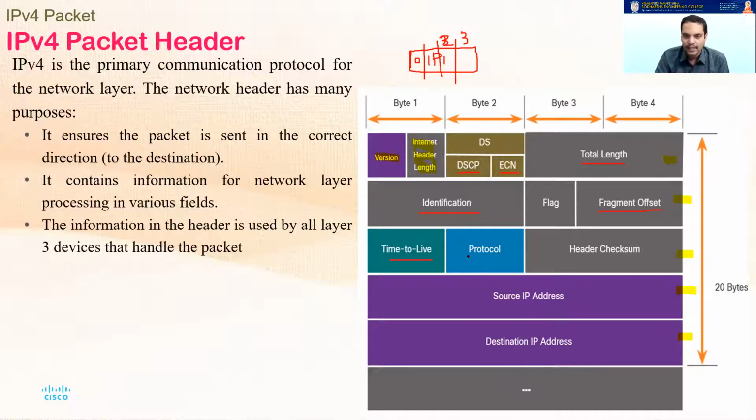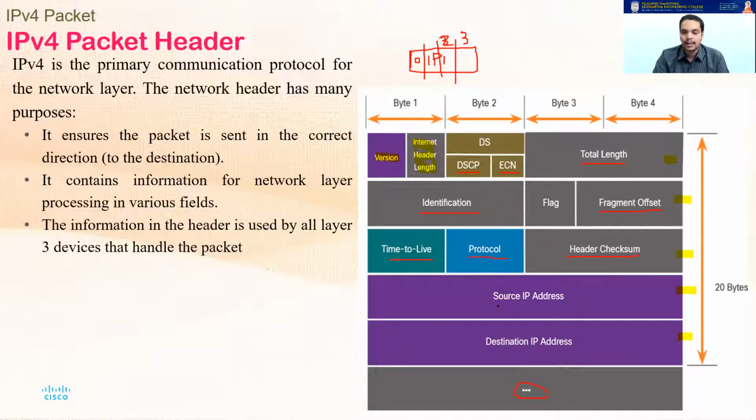The next field is called the protocol field. The protocol field is going to tell you what type of protocol is used in this data here. So it tells the receiver how to process this packet, whether to forward it to TCP or UDP. That is given here in the protocol field. The next is the header checksum. This header checksum is the checksum for error control with only the header itself. It is calculated for this header only, and it will tell the receiver whether everything has been received correctly or not.